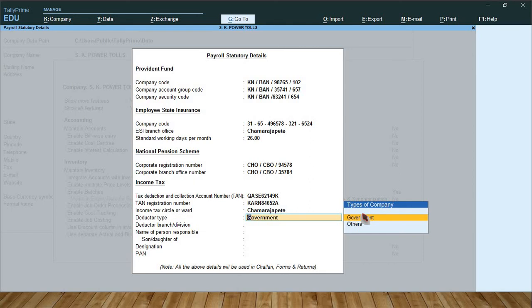Deductor type, government, other. Suppose it is a government company, you select government. If it is other, select others. Select others. Deductor branch division, Chamarajapete.